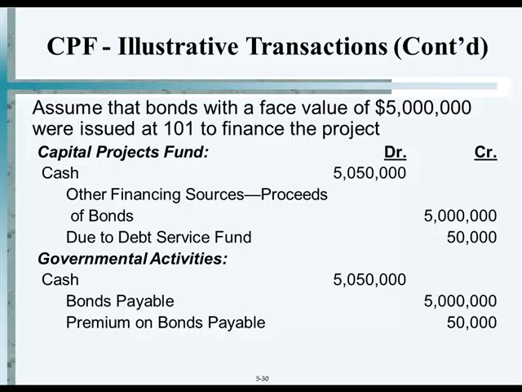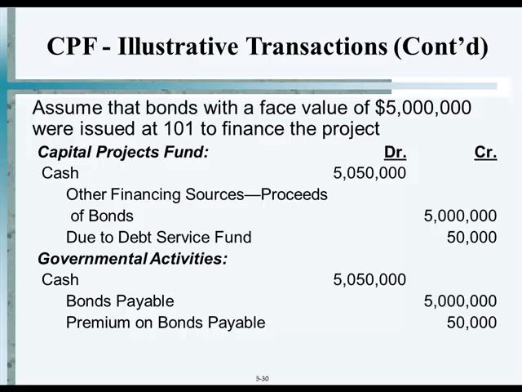What happens when you issue bonds at a discount? Do you get more or less than the par value of the security that you issue? Less. So if you had a $5 million project and you got $4,950,000, is that a good thing because you sold the bonds at a discount? No. So what we always do in governments is we price the bond so that you issue the bond at